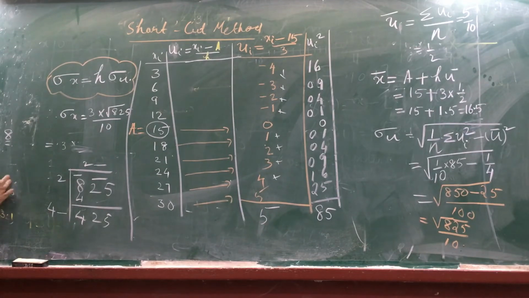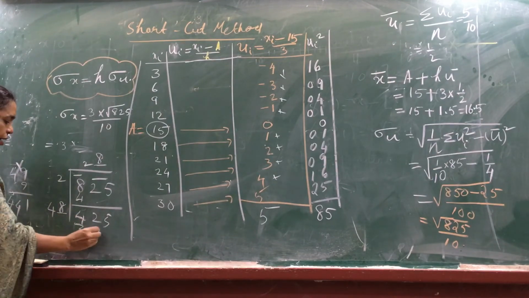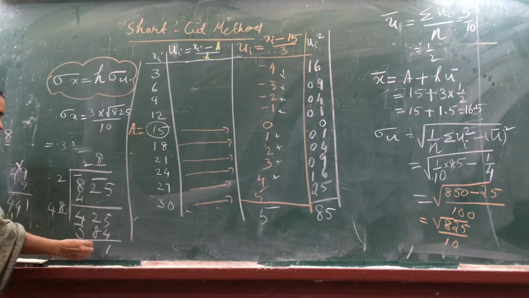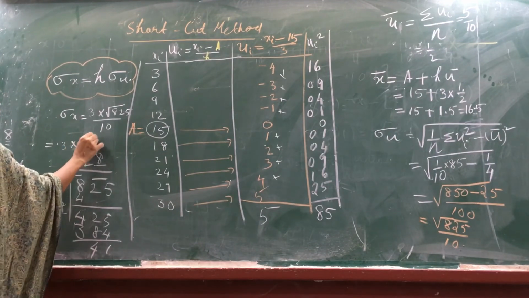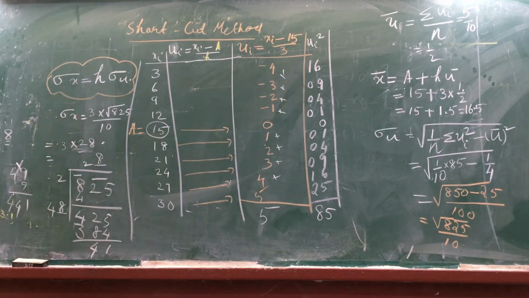384 आया. एक बार ट्राई करो 9 भी डालकर. 449 आएगा. 441 आएगा. 49 into 9, 81. 441. ये नहीं होगा तब. Right? So it will be 8. 8 8. इसमें क्या आया? 384. 41. और जो भी हो 28 point something मिलेगा. 0.3 into 28 point something, that will be your final answer. Okay? This is an easier way of doing it.